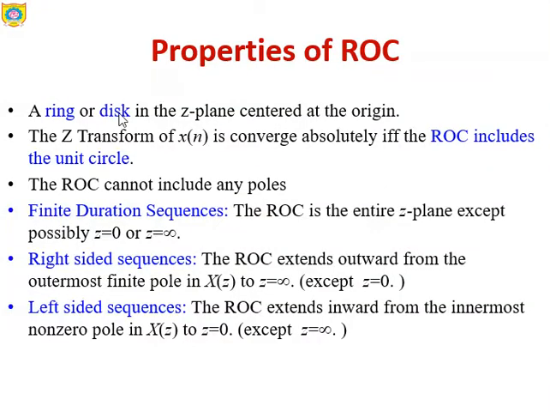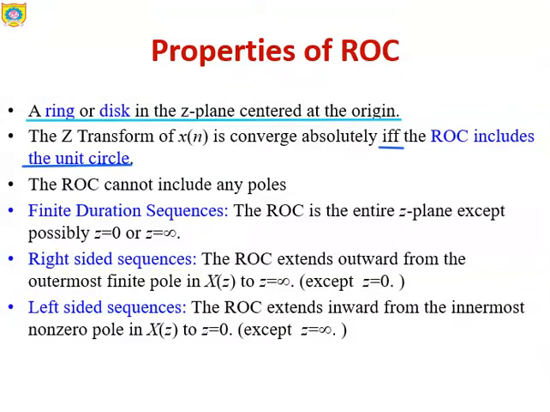ROC. It is a ring or the disk in the Z plane centered at the origin. This is a very important property for the ROC. Everywhere we will find that it is indicated with the ring type of fashion for the ROC. The Z transform of X of n converges absolutely if and only if the ROC includes the unit circle. So ROC must include the unit circle if the Z transform of X of n is to be in a